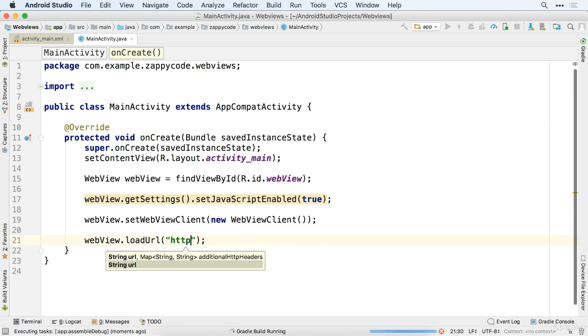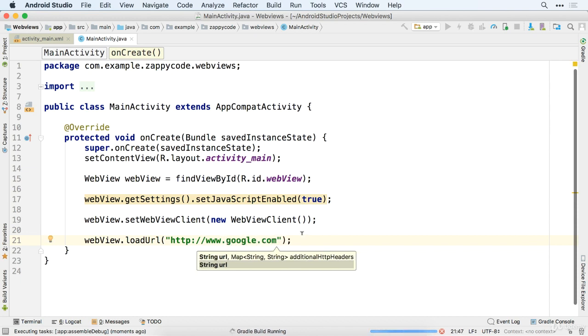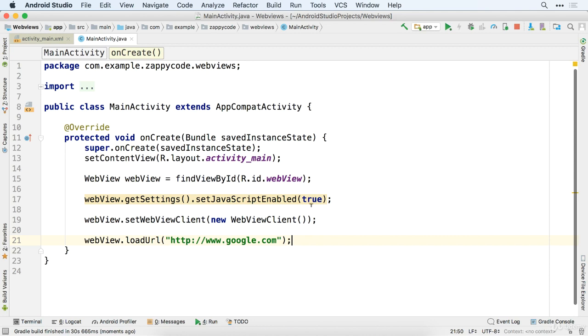www. and then some website. Let's go ahead and do like google.com. Okay, we'll go ahead and put that in there, and now our web view should display that website to us. So let's go ahead and run this on our emulator. Okay, we'll hit that run button,